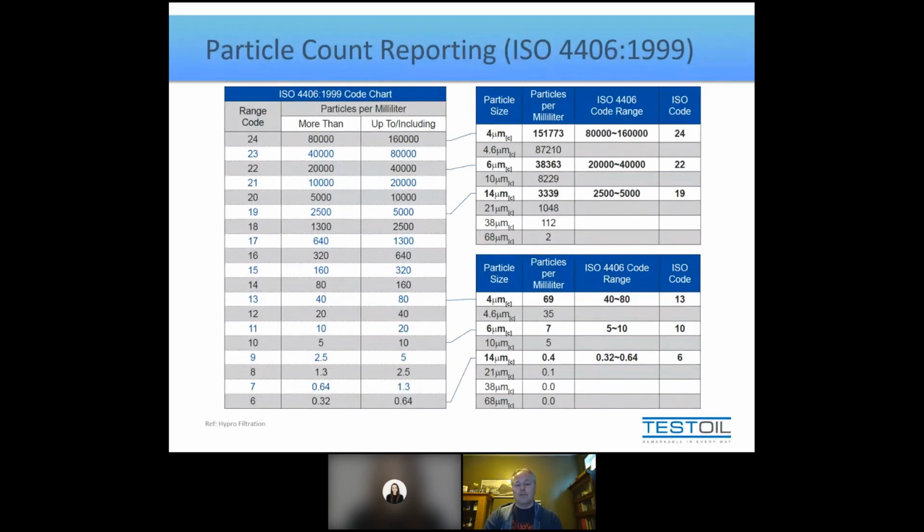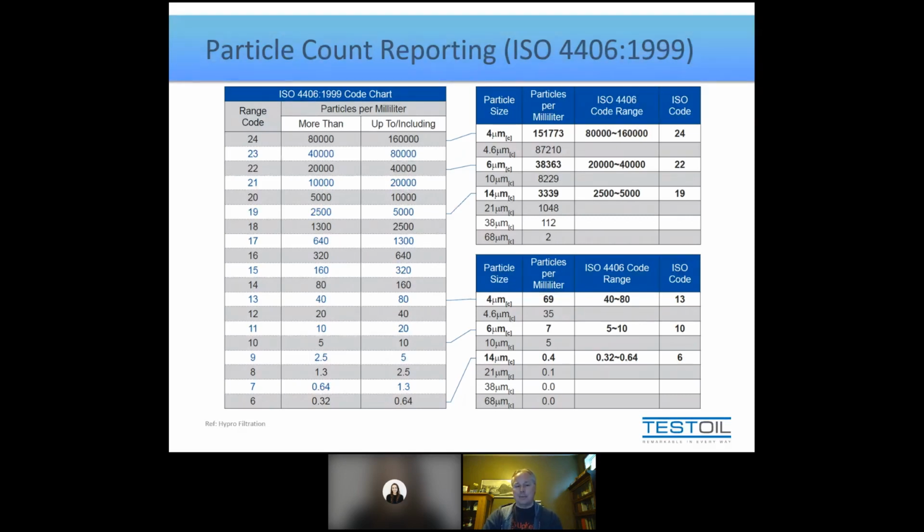Right? The range between 5 and 10 particles is simply 5. The range between 10 and 20 is now 10. The range between 20 and 40 jumps to 20. As we go up and up and up the table, the ranges get wider, wider, wider. So they start to get very, very inclusive. And that's going to become an important detail when I go through the example in the next slide.